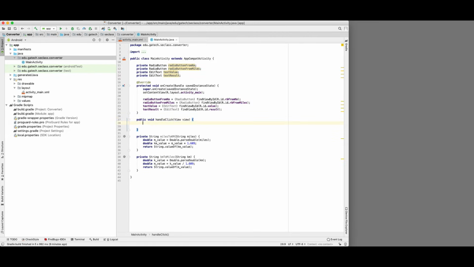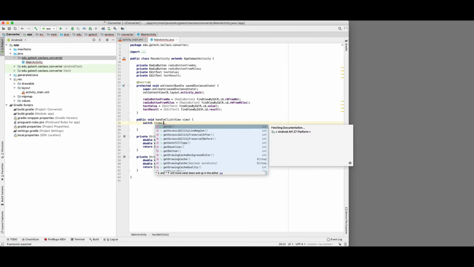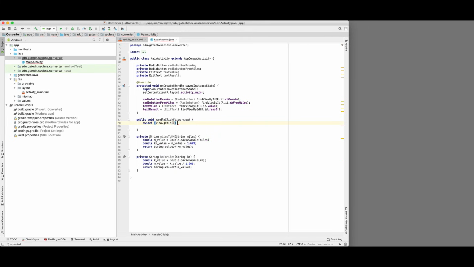What I need to do is, as I was saying, distinguish between the two cases. So I'm just going to use a switch for that. The switch might be overkill in this case because I only have two possible options, but that's fine in case you want to extend this and associate more widgets to this handler. You can do it by just adding more cases. So we're going to take the view object and get the ID of the object using the method getId. Since we know the IDs of our widgets, we can easily